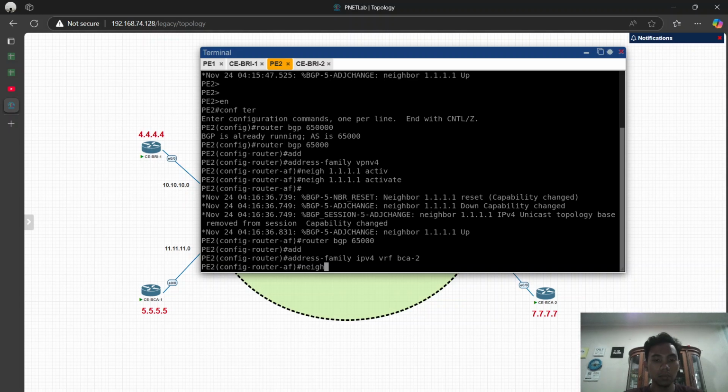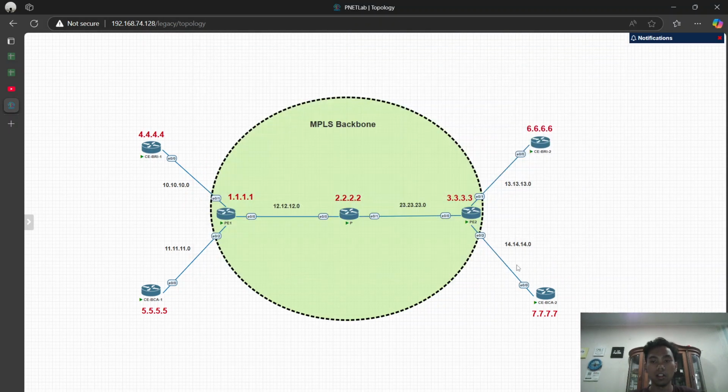Set the neighbor. The neighbor is router BCA2 with the address 14.14.14.2.